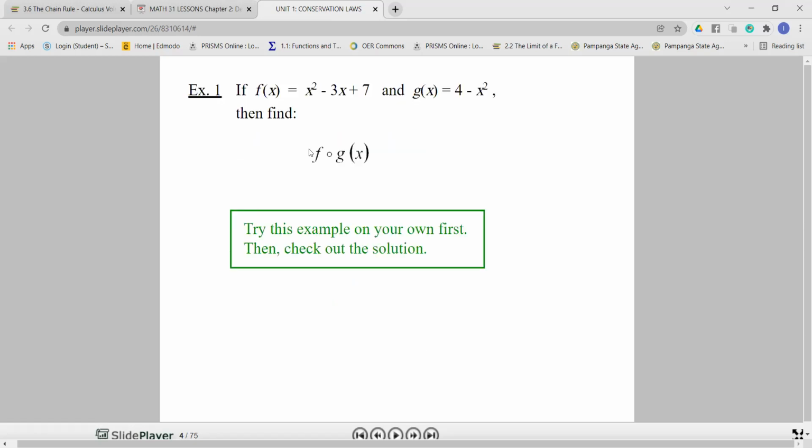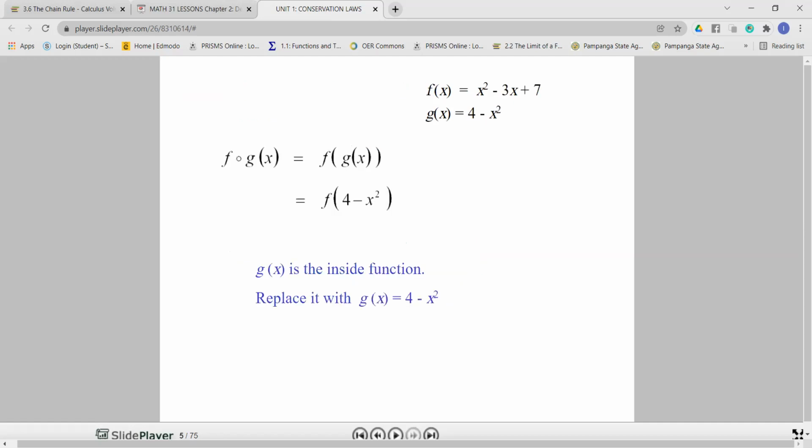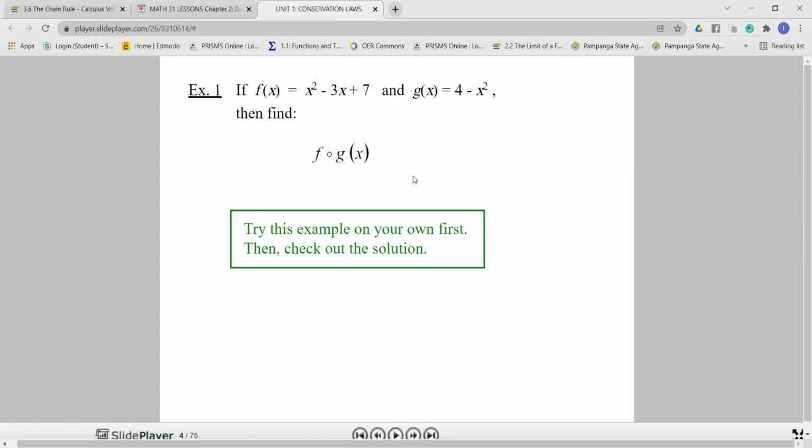Suppose meron kayo ditong f of x is equal to x squared minus 3x plus 7, and g of x is 4 minus x, and you're asked to find f of g of x. So what will you do? Okay, so again, meron tayong x squared minus 3x plus 7, g of x that is 4 minus x squared. So it means to say that the first thing that you have to do here,